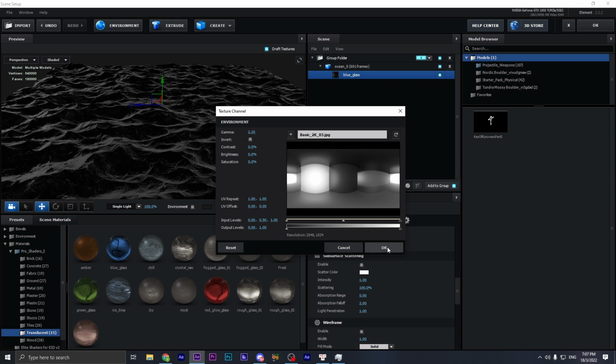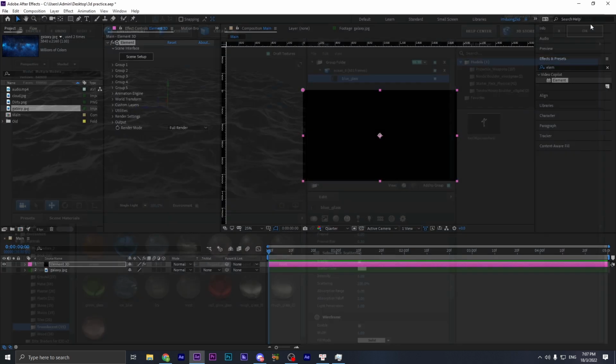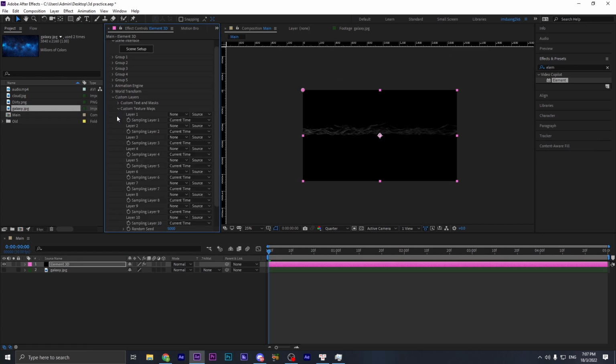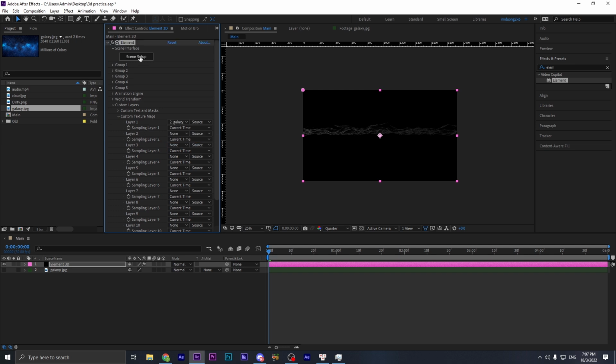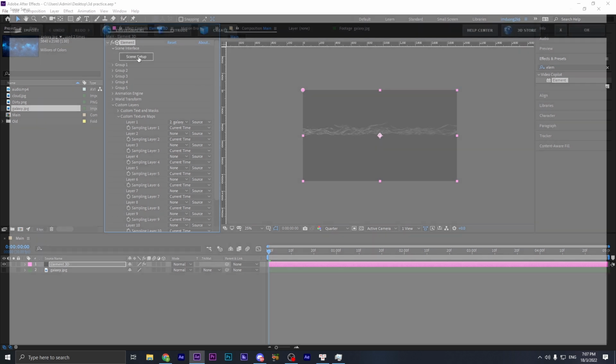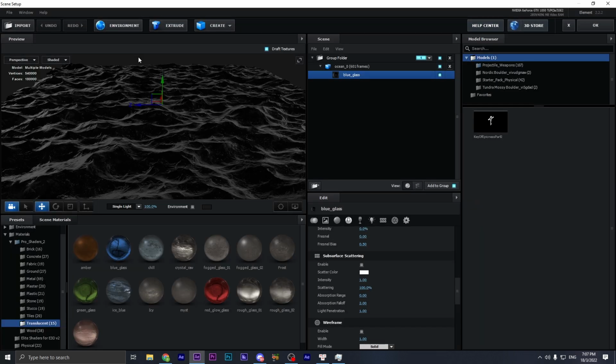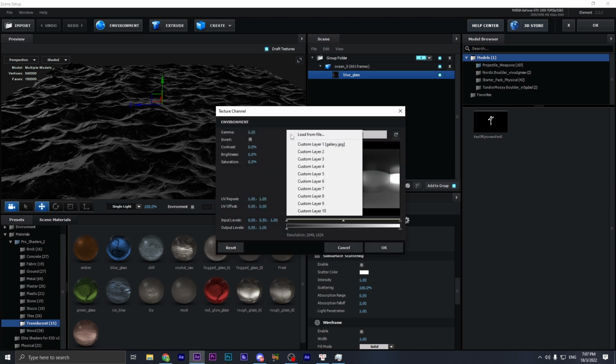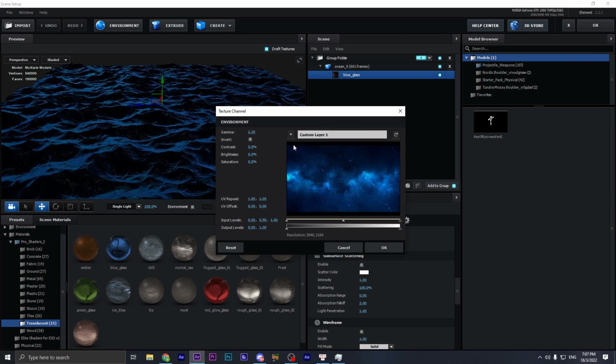So to do this, we're gonna click on OK, and we're gonna go into the custom layer, custom texture map. On layer 1, we're gonna click on from none to galaxy.jpg, aka the environment. So now we're gonna go back to the scene setup, and we're gonna go ahead and apply the environment into the 3D objects. So we're gonna click on environment, click on the button down there, click on custom layer 1,